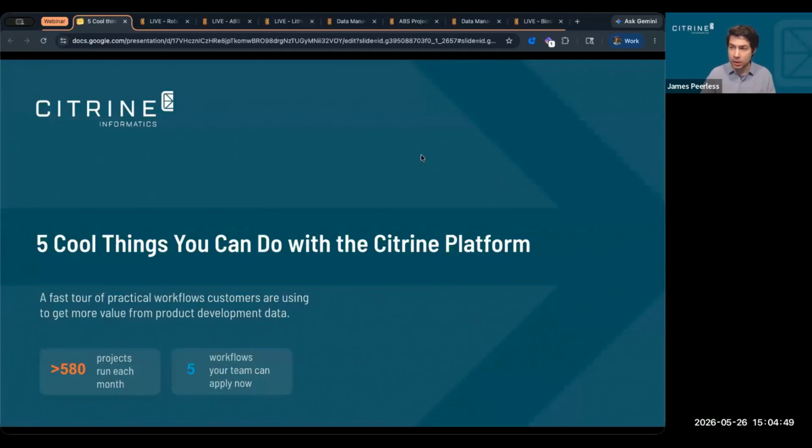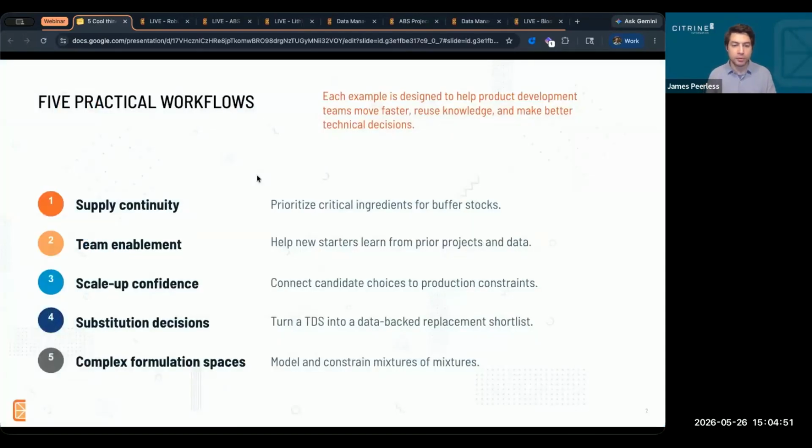So some of the things I want to talk about today, I'm going to go through a couple practical workflows that you can use Citrine for outside of our standard sequential learning workflow. And I'm going to go through these live on the platform. So these will be live platform demos using our showcase deployment. So all of these things, presumably you can do if you're a current customer with the Citrine platform today. And if you are interested in becoming a Citrine platform customer, then you should be able to do them immediately once you sign the contract. So